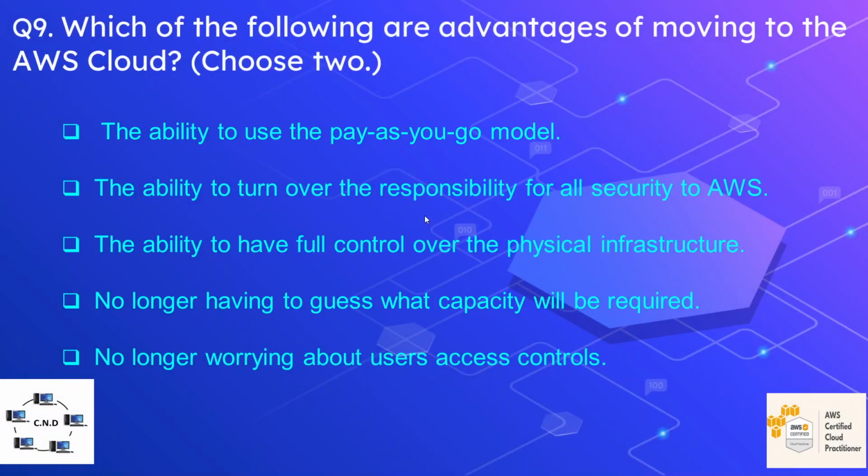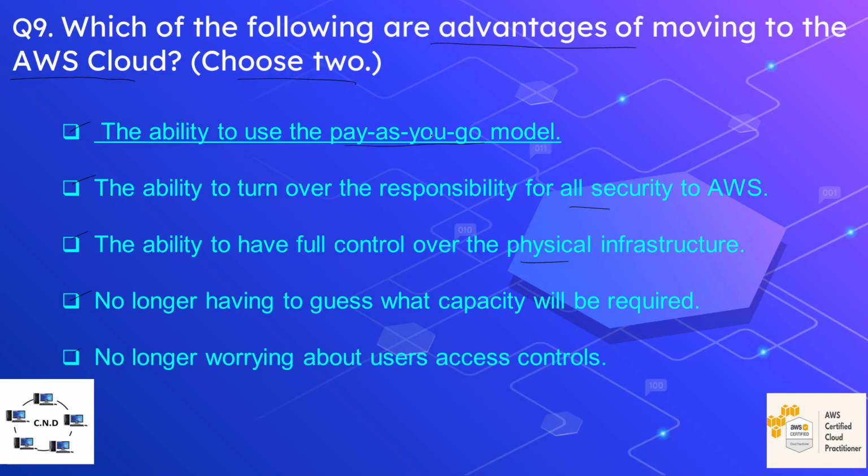Question number 9 is: which of the following are the advantages of moving to the AWS cloud? It's a very basic question, and we have to choose two options. Option A, the ability to use the pay as you go model; option B, the ability to turn over the responsibility for all security to AWS; option C, the ability to have full control over the physical infrastructure; option D, no longer having to guess what capacity will be required; and option E, no longer worrying about user access control. And the correct options are